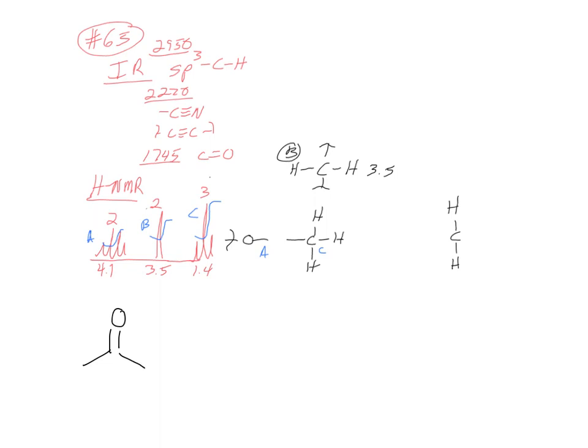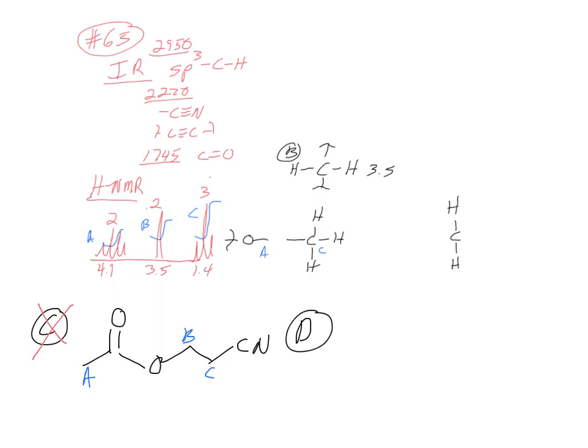If this is C, how many different types of hydrogens does it have? It has A, B, and C. But A would be a singlet. How many H's would it be worth? 3. Do I have a singlet worth 3 H's? No. So can it be C? No. If I look at D,